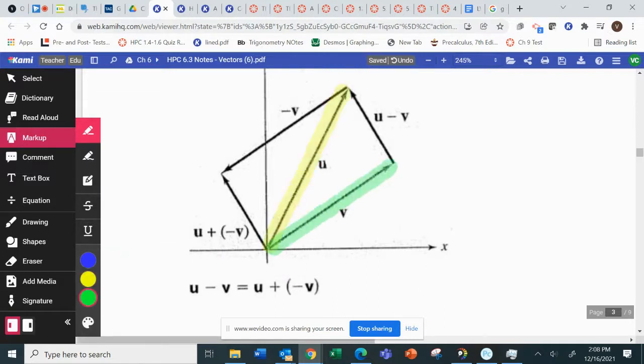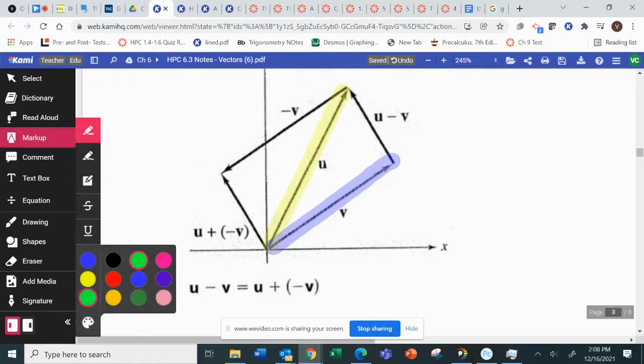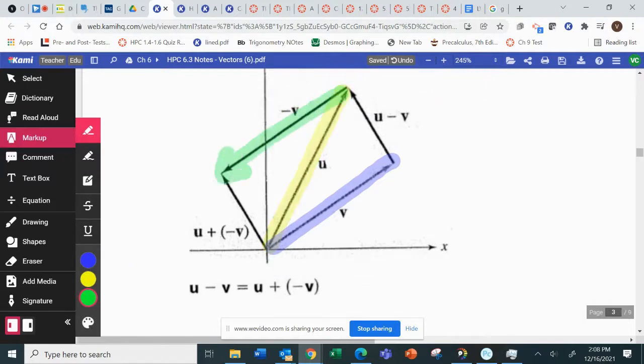So if I do u take away v, that would be... Oh, I didn't mean to make that green. Hold on. I've got to do my colors that are mixed together. So if you do u take away v, then that one ends up being this green one here. So if I go to u, but then I do negative v, that's going to be the green one. But if I do u plus a negative v,